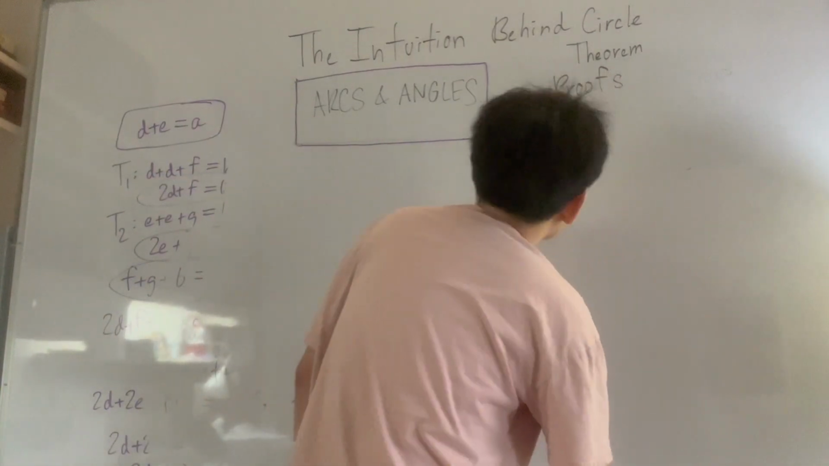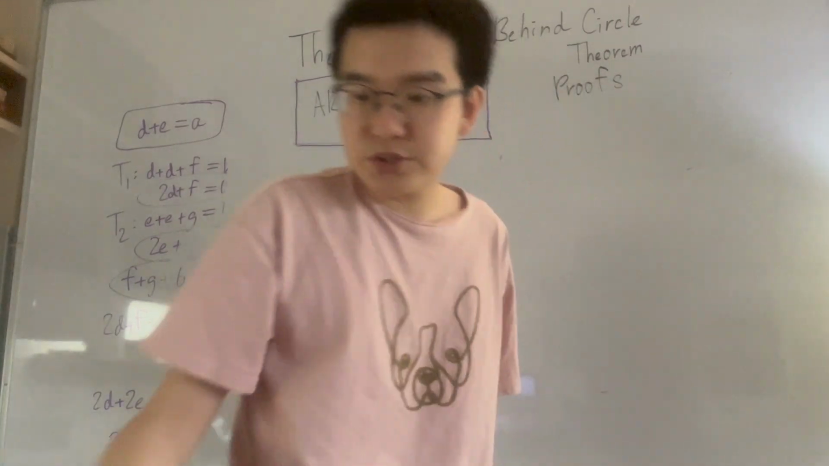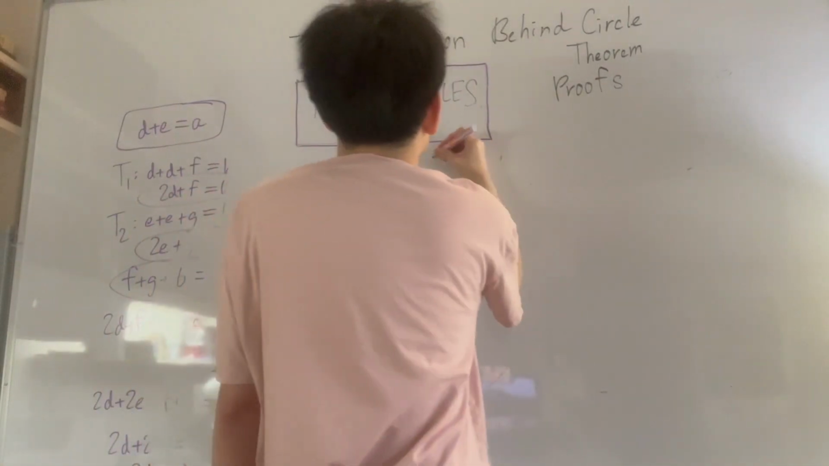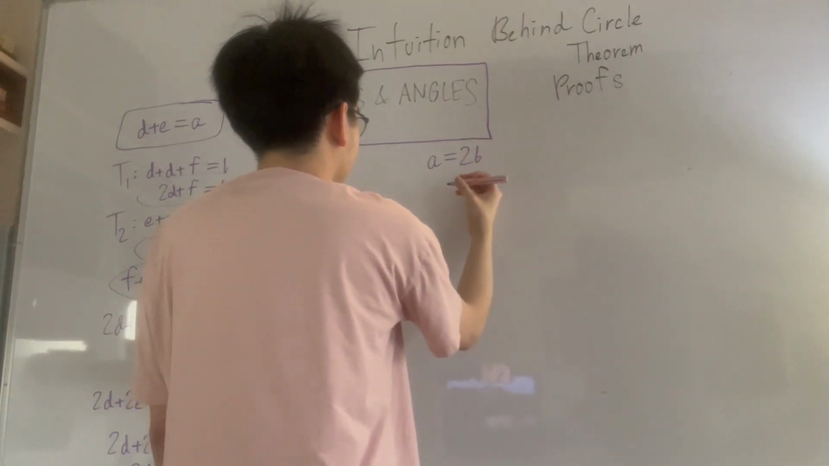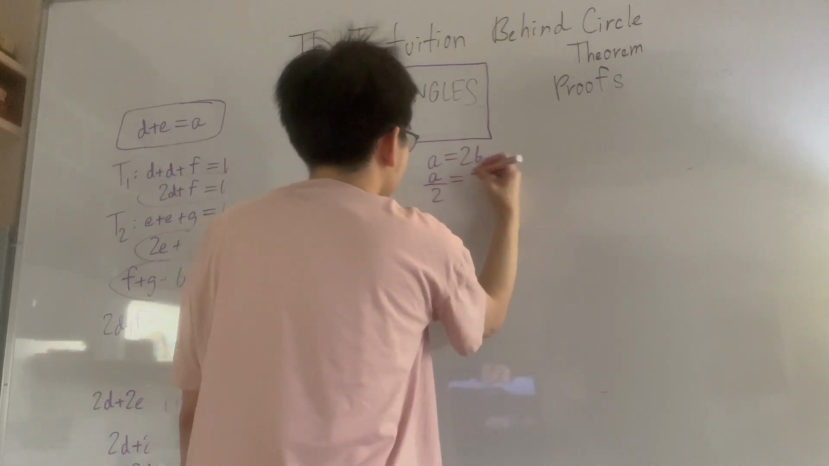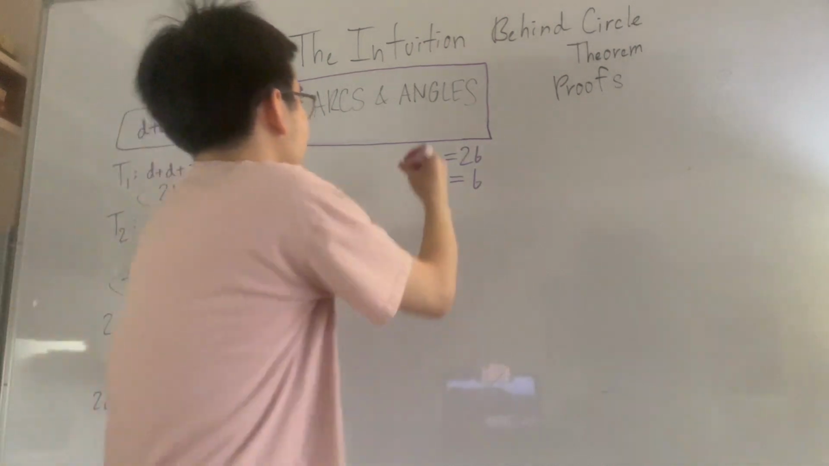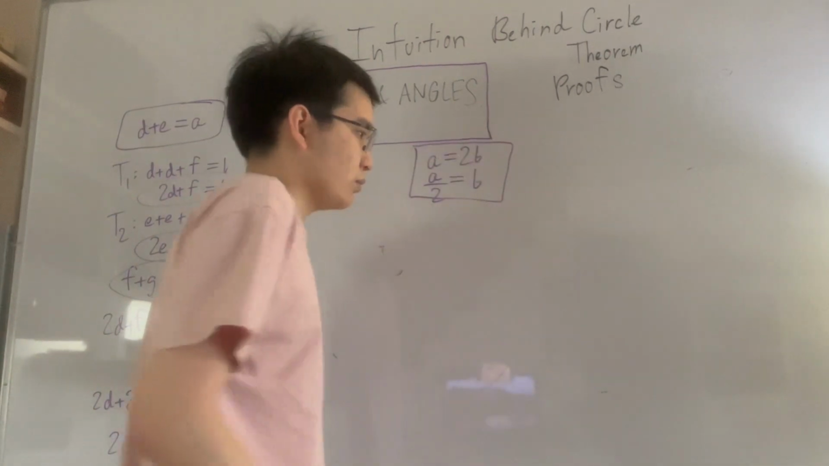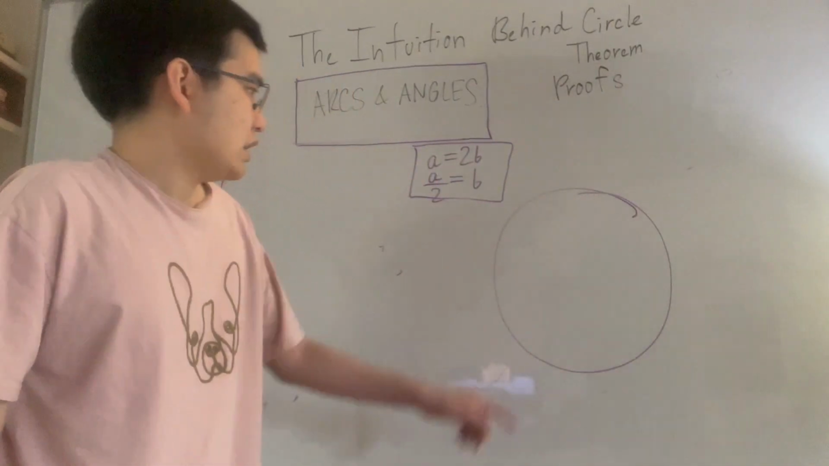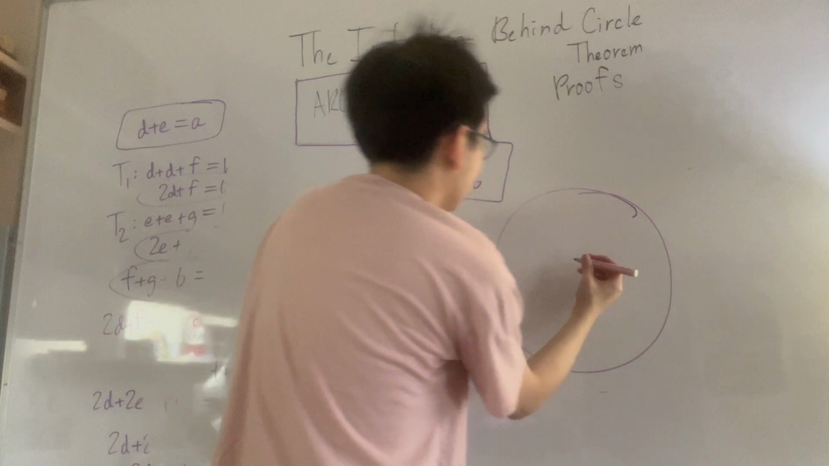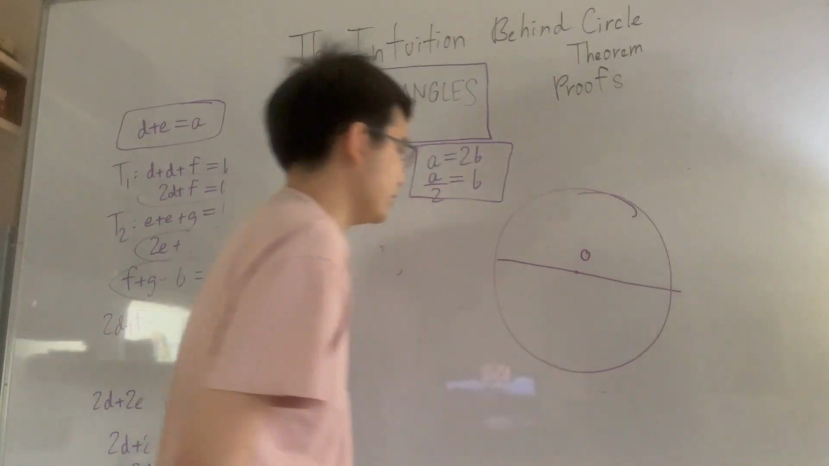Because if we agree that this relation holds true, A equals 2B, or A half equals B, I might have gotten the letters wrong, I apologize in advance. But if we accept this to be the case, then we understand if I were to draw a circle here, I were to draw a center, and I draw a random diameter here,